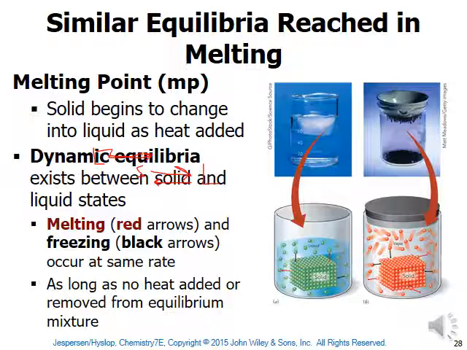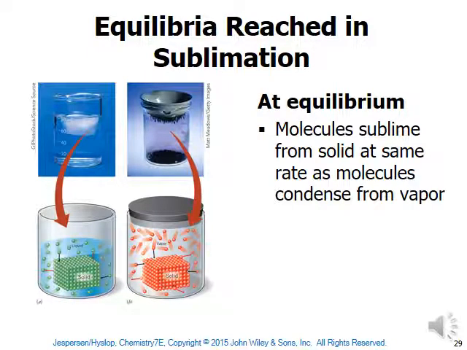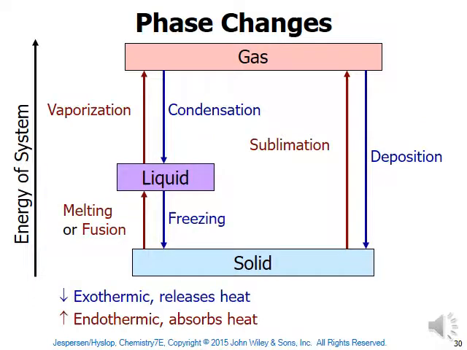Okay. So the key thing is to keep temperature constant. And when the temperature stays constant, you'll get a state change, but the ratios will stay the same. We'll talk about this more when we get to the heating curves. Sublimation, same thing, it's going to apply. And then if we look at